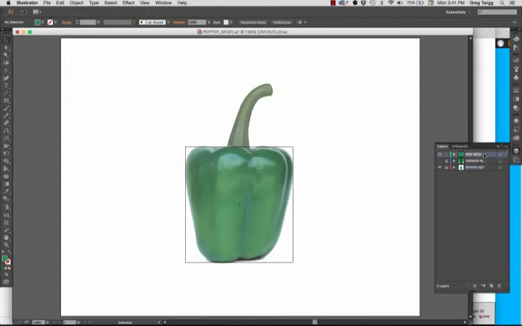So the layer that I have as a new mesh, this rectangle, is now represented by just an outline of it. So I can continue to work with this. And this is kind of important here because I need to see the form and shape of this pepper, its contours and whatnot. It is at this point that I am now ready to use the gradient mesh tool. So I'm going to come over and select the gradient mesh tool,